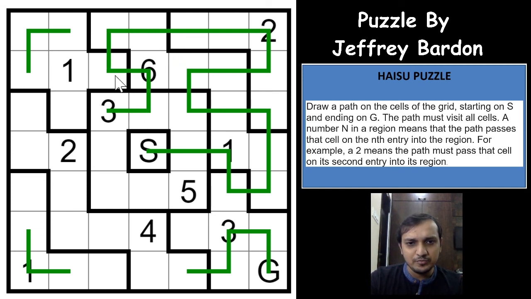And now if these both connect, this becomes the 1st entry, but it is not passing the 1, which means these both cannot connect. This will go this way, and now this cannot go out, because this is again the 1st entry, and both of these 1st entries will have to meet. So if it goes down, this becomes the 1st entry, and it doesn't connect the 1, so this will go down again, and both of these will be connected.